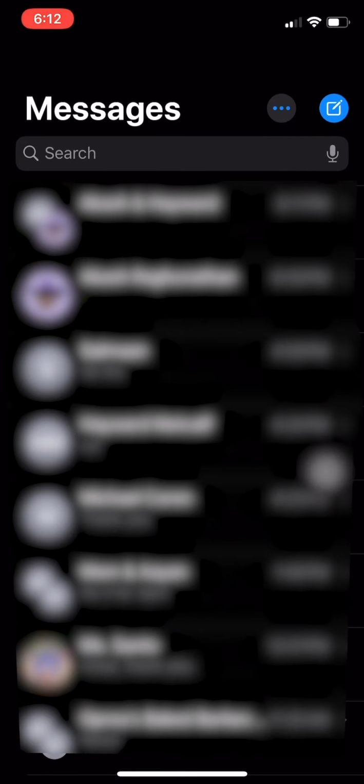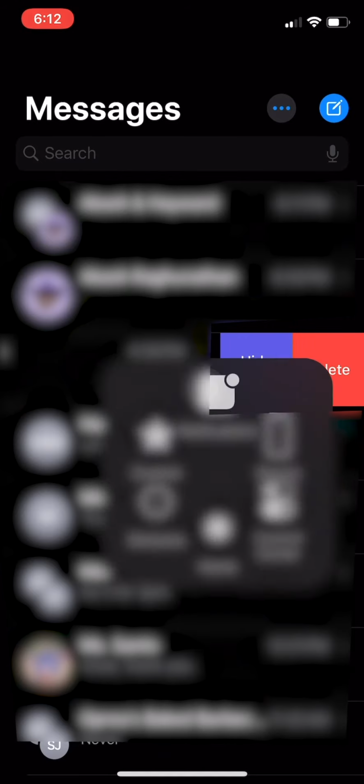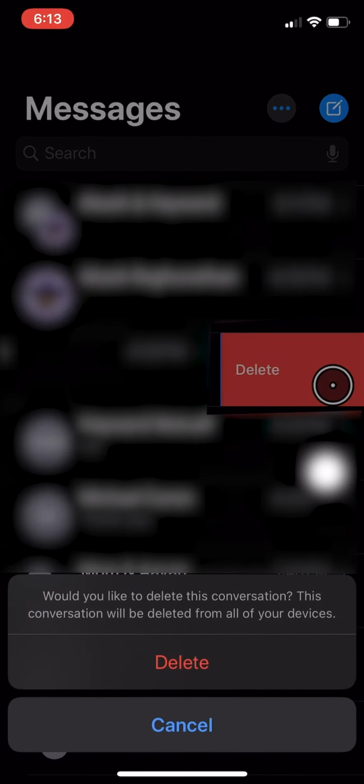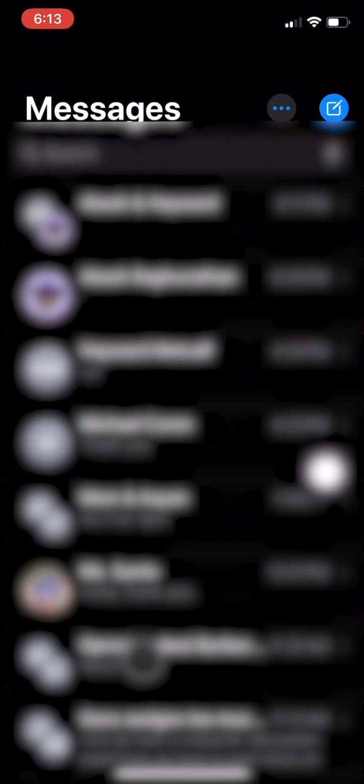If you want to delete a conversation, all you have to do is swipe to your left on that conversation, and then you'll essentially tap the delete button, and it'll ask you to confirm it, and you confirm it, and it's gone. Next, I want to talk about how you can send voice dictations and just generals about when you're